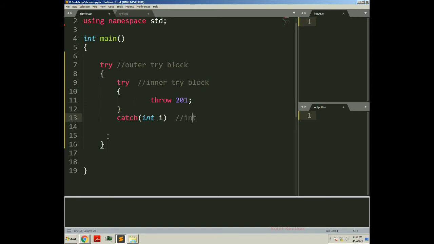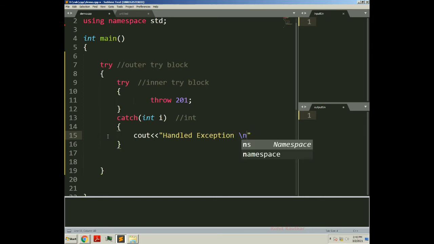Here we will print a message, handled exception.